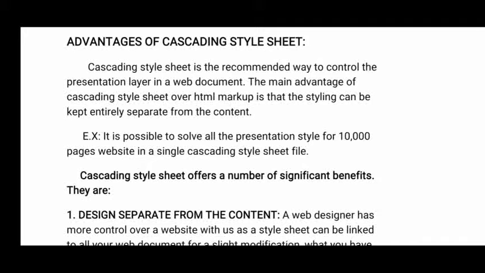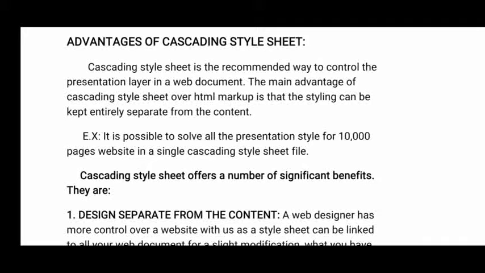Suppose that website has 100 pages. For all those 100 pages, I want common properties: the same headings, the same logo, the same background color, the same font color. So how many times do you need to write the same code? 100 times you need to write the same code.